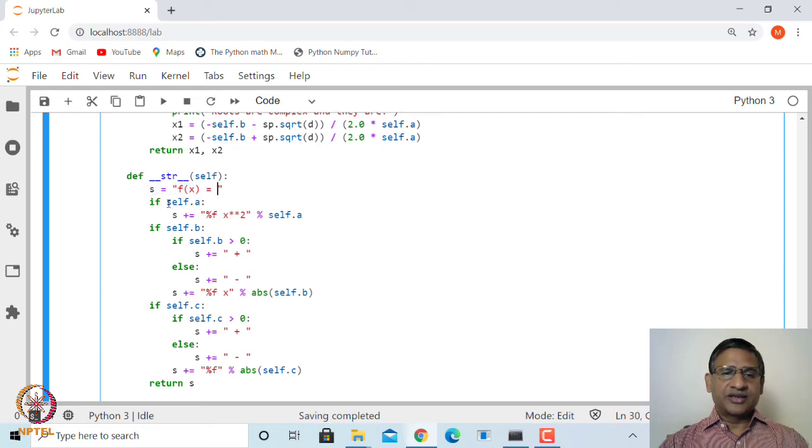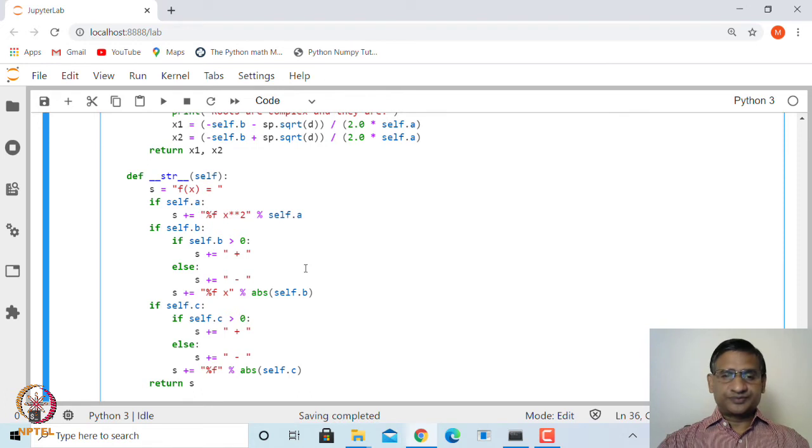In case a is present, it will add a into x square, and in case b is present, it will check whether b is positive or negative. If it is positive, it will put plus in between. If it is negative, it will put minus in between. Similarly for c, if c is present, we check whether c is positive or negative. If c is positive, after bx it will put plus, if negative, it will put minus, and ultimately it will return s.